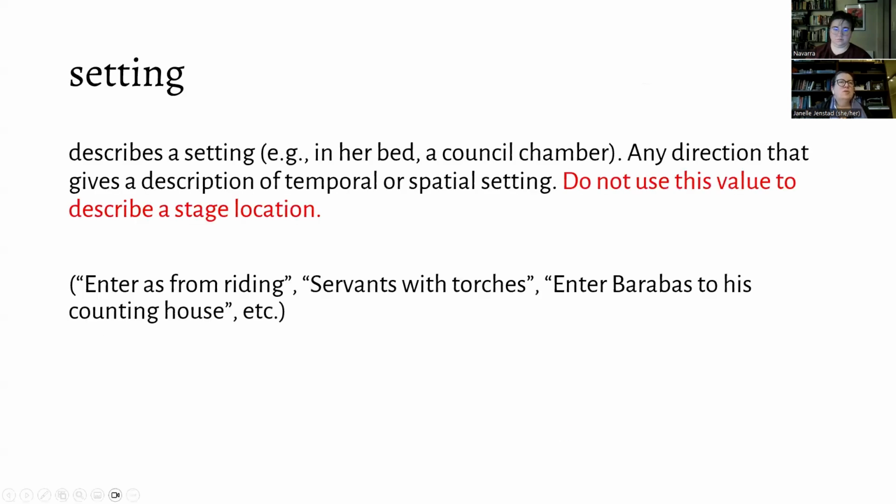Okay, so assuming that entrance, exit, and remain are self-explanatory, I'll move on to setting. Setting and location are easily confused by our editors, we find. When you are selecting the values for the type attribute, if you're working in Oxygen, you will get a drop-down menu giving you the options that you're allowed to pick at this point. And that drop-down menu will come with a definition. So if you forget, let Oxygen guide you as you make your choice. So here is our